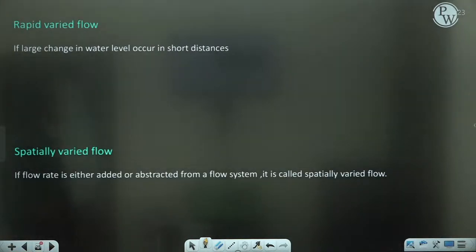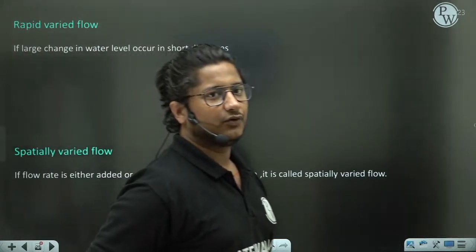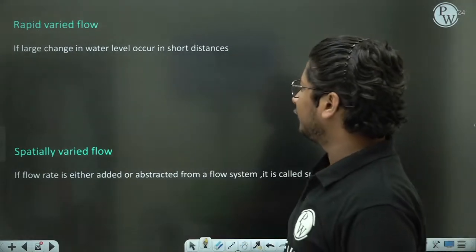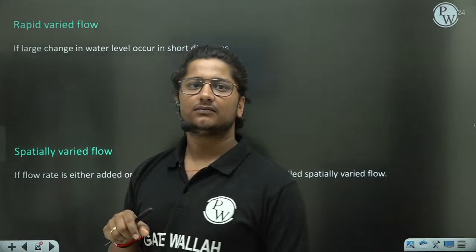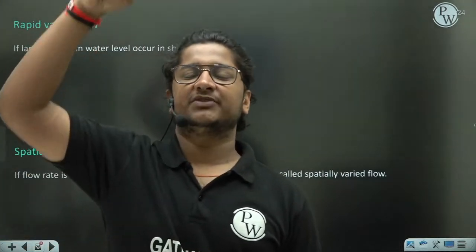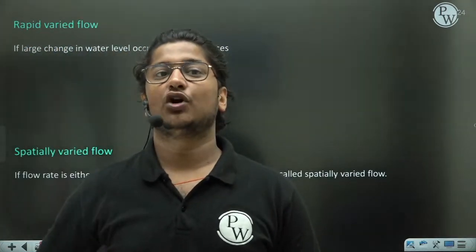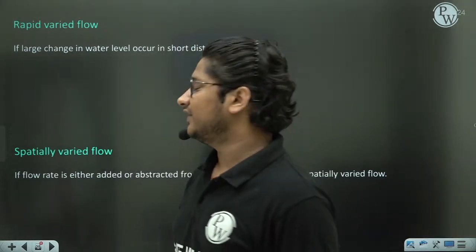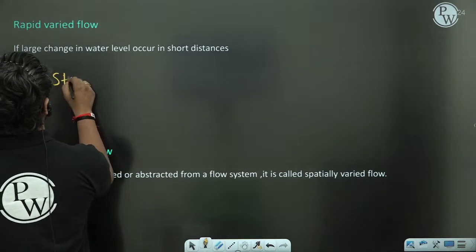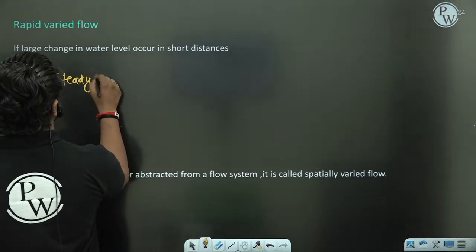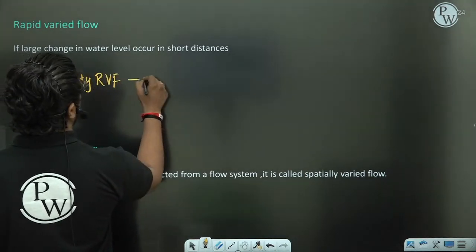Second one is the rapidly varied flow. So what is the meaning of rapidly varied flow? If a large change in water level occurs in a short distance, very large change in depth for a small length of section, we call it rapidly varied flow. The example is again different for steady and unsteady. Steady RVF example will be hydraulic jump,